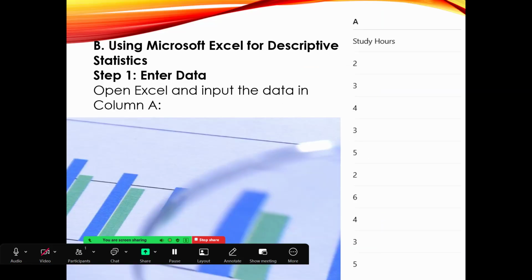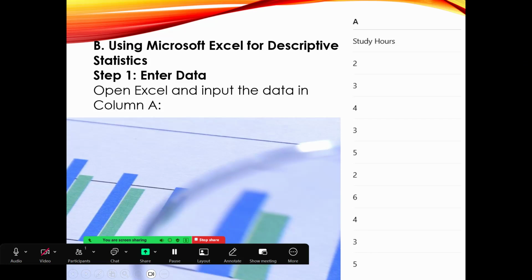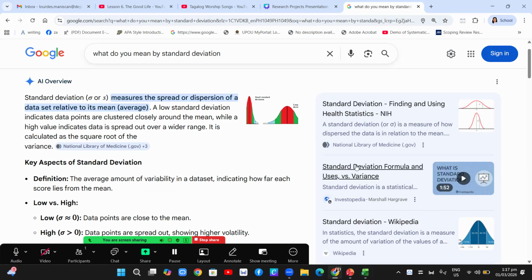So now let's discuss how to use Microsoft Excel for descriptive statistics. So step one, you must enter the data. Open Excel and input the data in column A. So this is the column A, and I have already input these values in column A. So this is an Excel spreadsheet. So these are the values already input in my Excel. So going back,